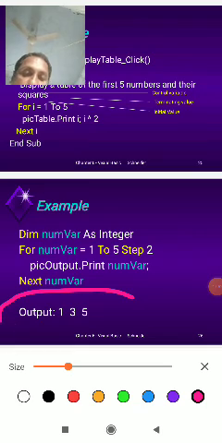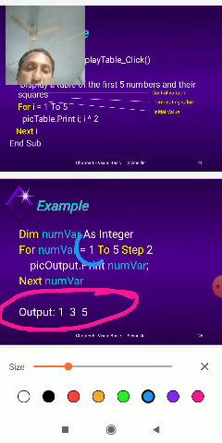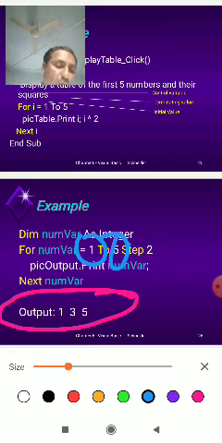This is the given output, the odd numbers, starting number and ending number, divided by 2. A number that cannot be exactly divided by 2 is called an odd number.